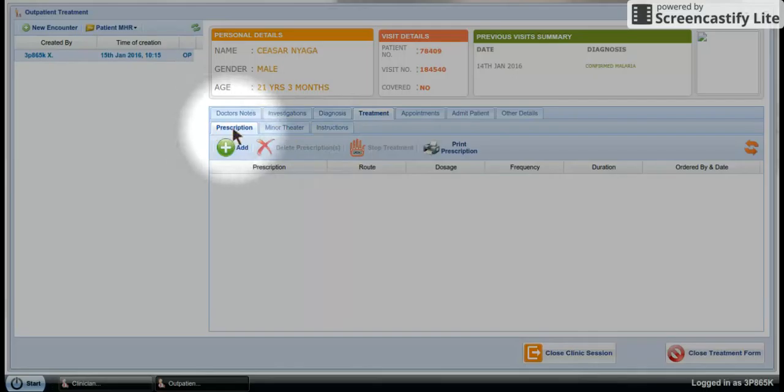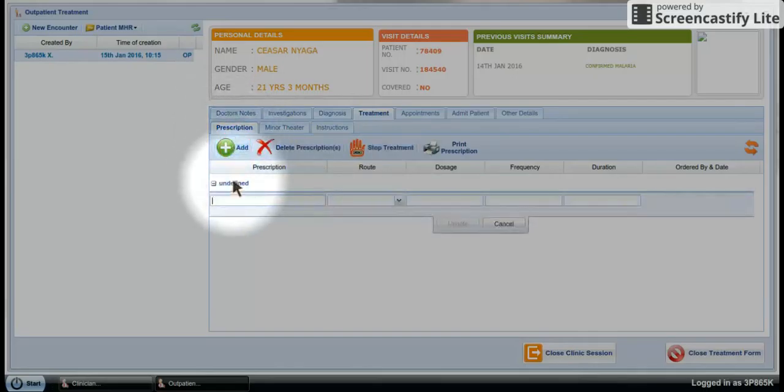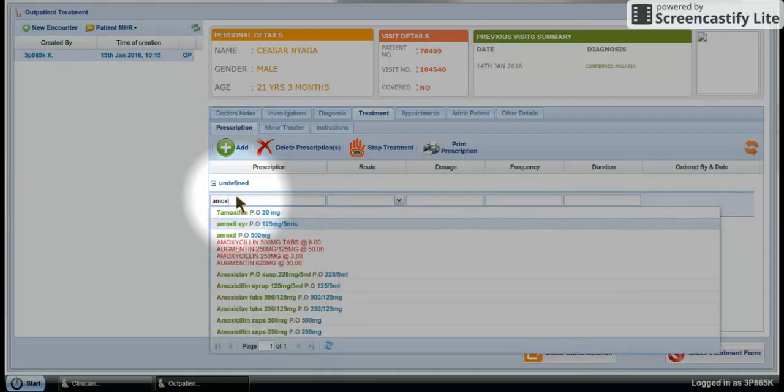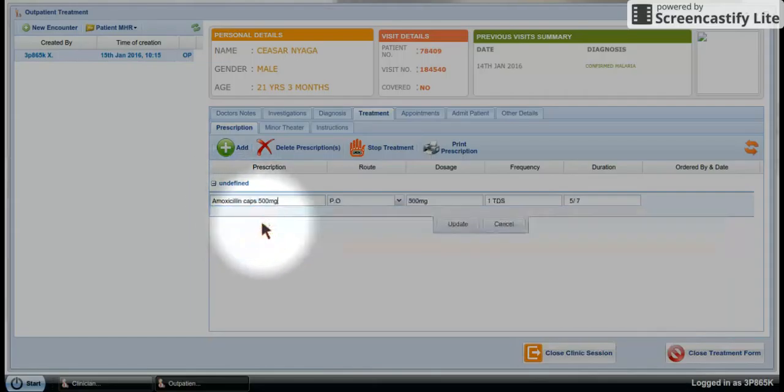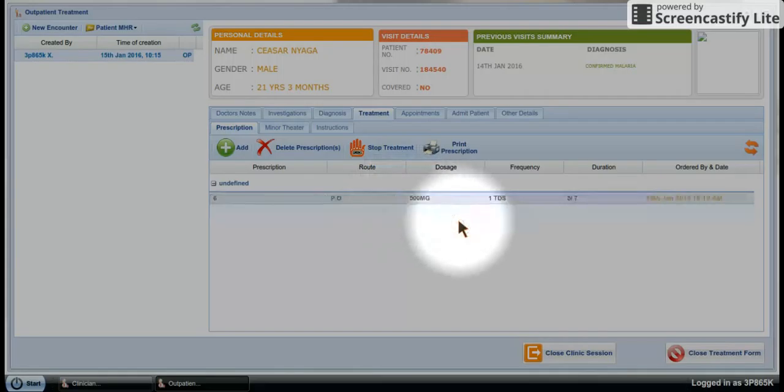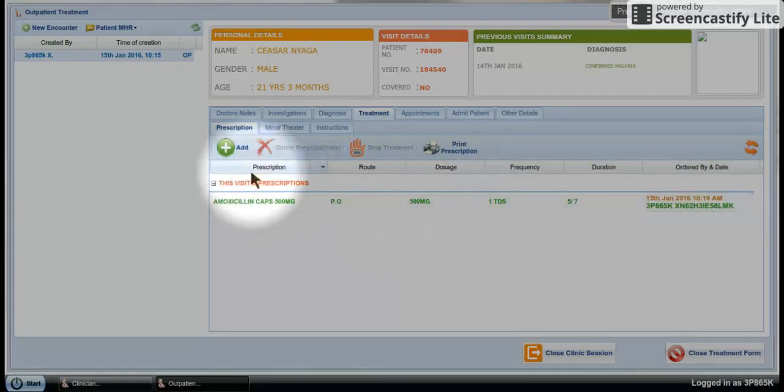Now, for the prescriptions, let us click add. Maybe we want to prescribe amoxil. Again, the system has a predefined list of these prescriptions. So let's pick amoxil tab. The configuration has things like route, dosage, frequency, and duration pre-configured, but you are always welcome to change. These are not set in stone. Once you have selected your prescription, click update. To add another one, process is the same. Click add and